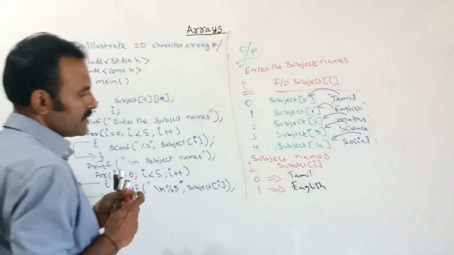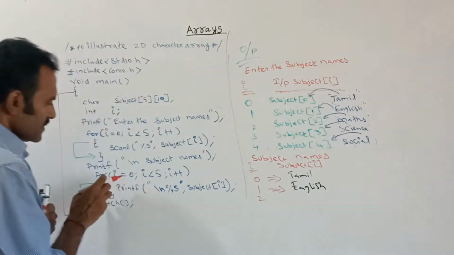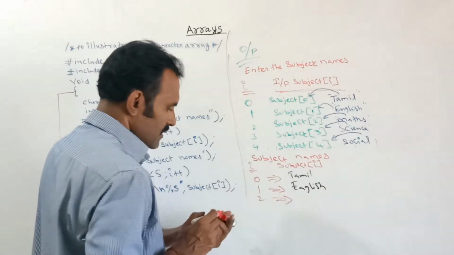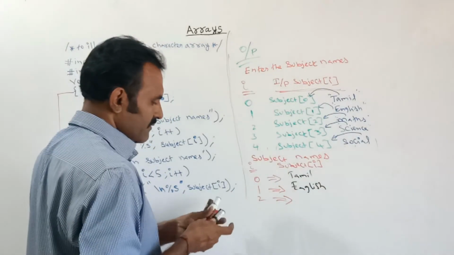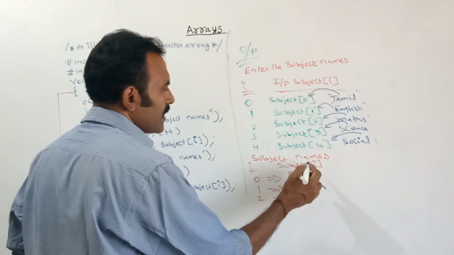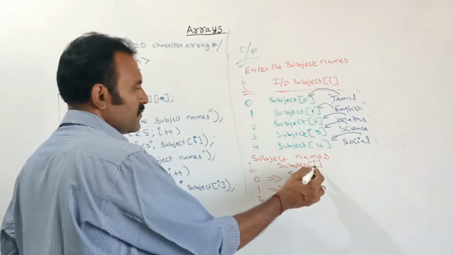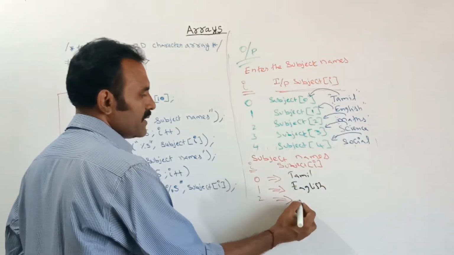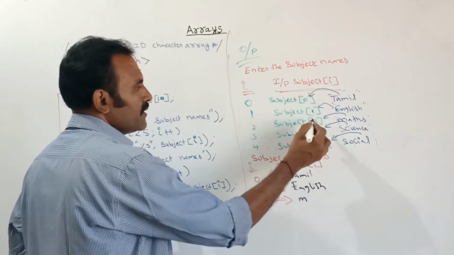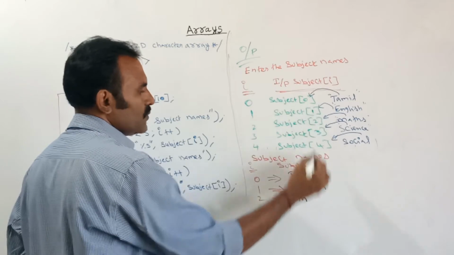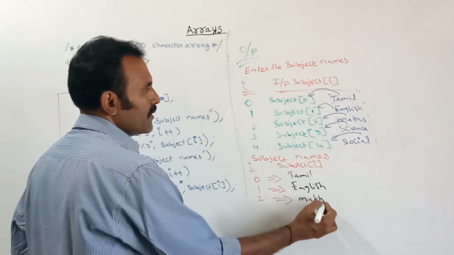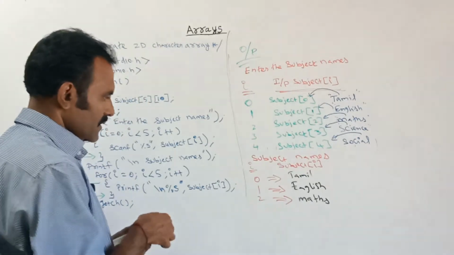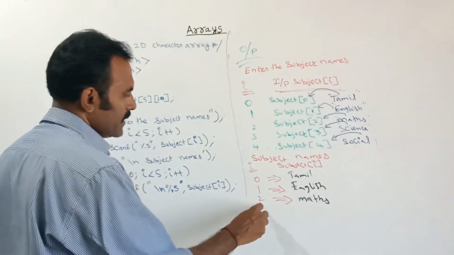Next I value is 2. This loop will be incremented each and every time. Here, after incrementing the I value, at that position subject of ith position is now subject of 2. The string at that position will be displayed here. At the position of subject 2, the string is maths, which I have stored. Next, I value is incremented to 3.